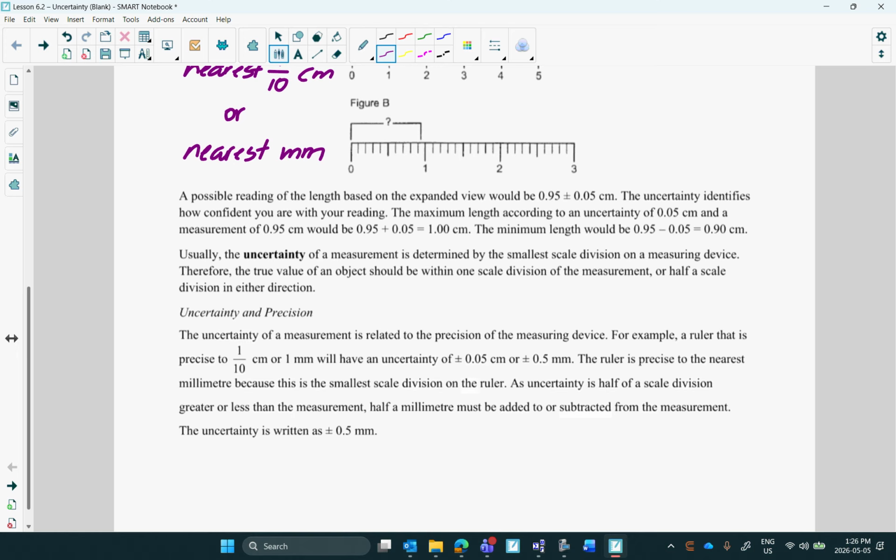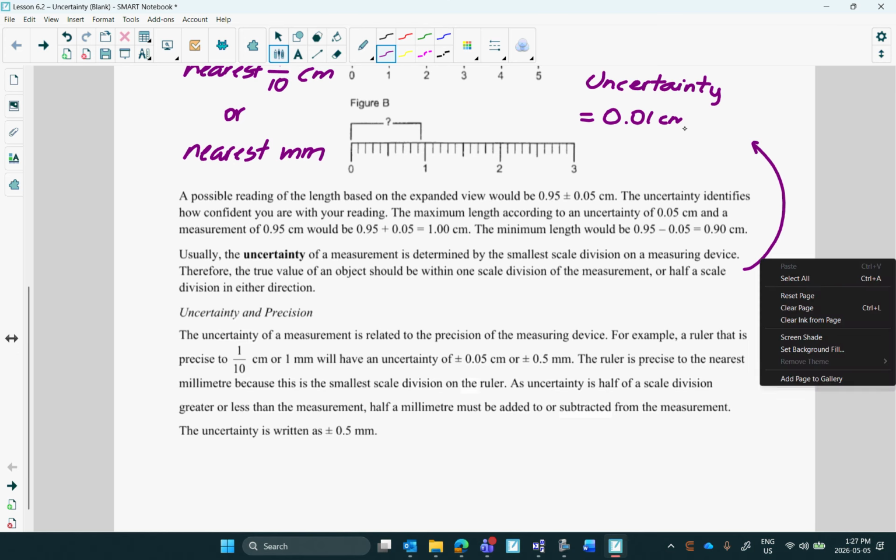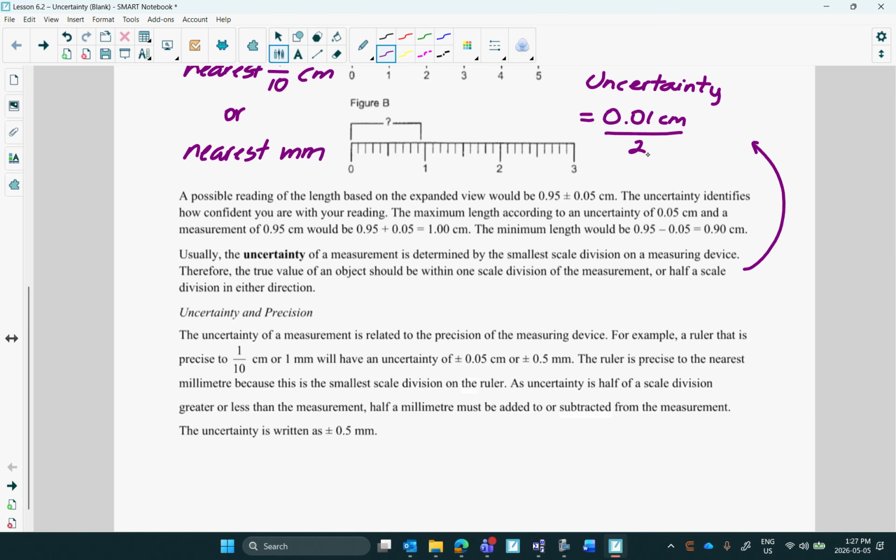So what this is saying here, the uncertainty is equal to, well, nearest 10th of a centimeter, that's the same as 0.01, divide 2, which gives us